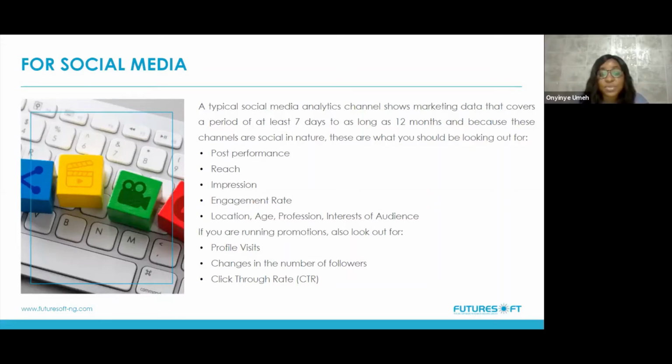So you want to look at the number of people that your post reach, and also the impressions that your post make. Impression is sort of similar to reach. So while reach is the number of people that your post was able to get to, the impression is how many times those people see your post. So I know it's confusing, but